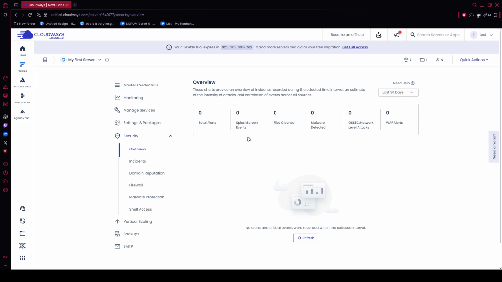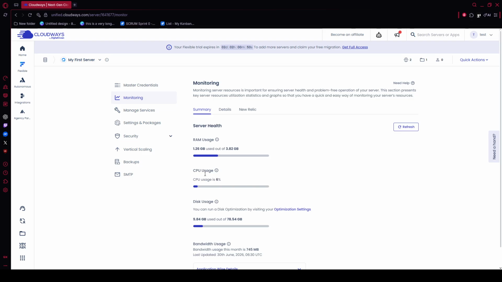Finally, test the site in a fresh private browser window. Check key pages, login areas, and any database-driven content to confirm everything loads normally. Also, review your monitoring tools in Cloudways to make sure the server and